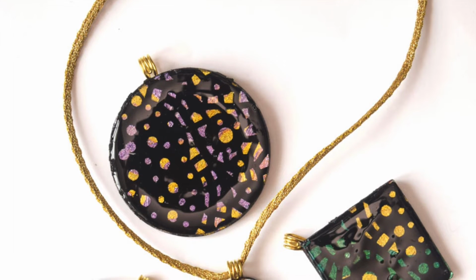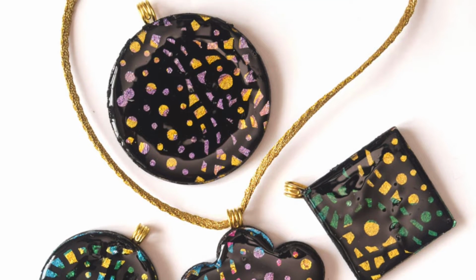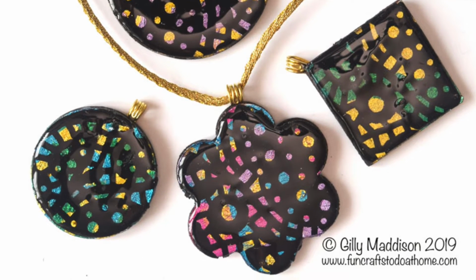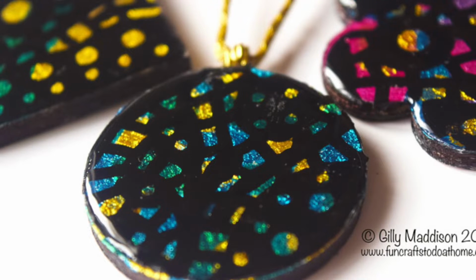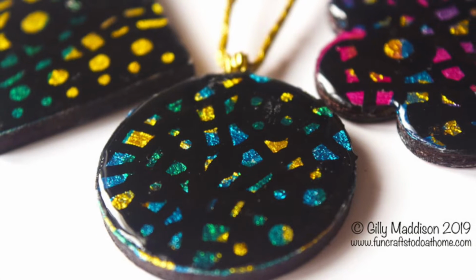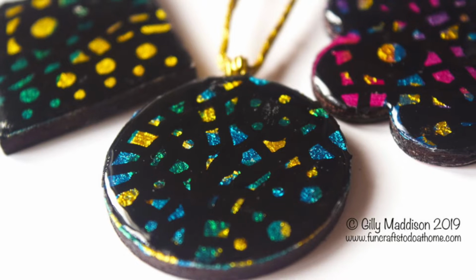funcraftstodo@home.com, and today I'm showing you how to make these beautiful pendants with a stained glass look to them. This technique is from a new idea I had. I wasn't sure that it was going to work, but I'm really pleased with the results and I think you